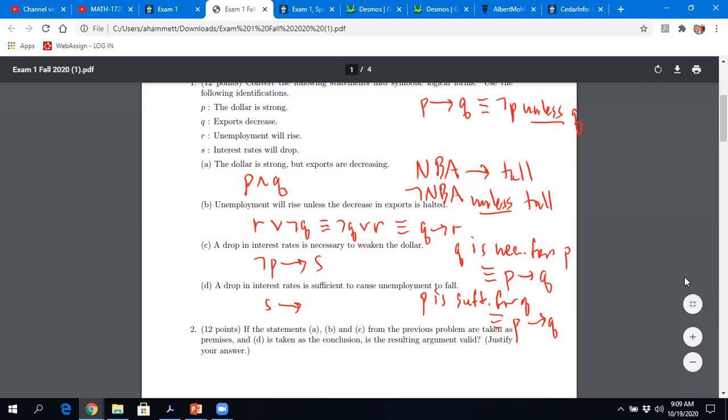Not R. Okay. And if I take A, B, and C as my premises, D does not logically follow from those things. And again, I was very gentle on that, okay? Because some of you had sort of incorrect things in the first four parts that may have led you astray, but I was still fairly gentle with things, okay? But it is not a valid thing to conclude D from A, B, and C, okay?